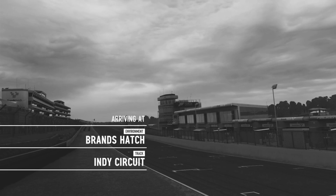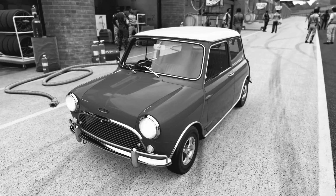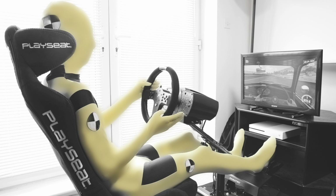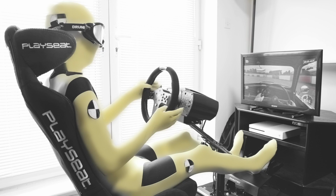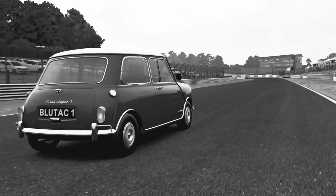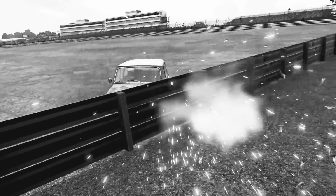Well, that all being said, let's get into the rules. You'll be driving around the Short Brands Hatch circuit in the classic 1965 Mini Cooper S. You will first set a normal lap time, trying to drive around the circuit in the quickest time possible. But for your second lap, you'll be wearing one of the world's best drunk goggles. Every second will count here, so try to keep the car on the circuit as best you can. After both attempts are completed, your lap times will be added up for a final result. If your car runs off the circuit or crashes, you must still finish the lap as there are no second